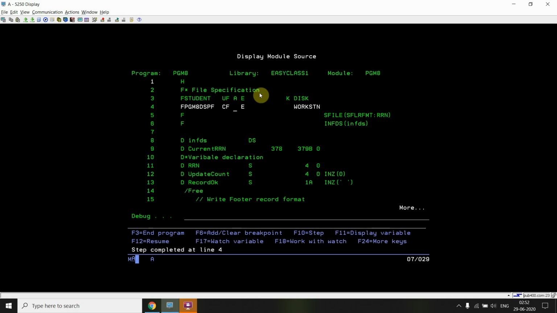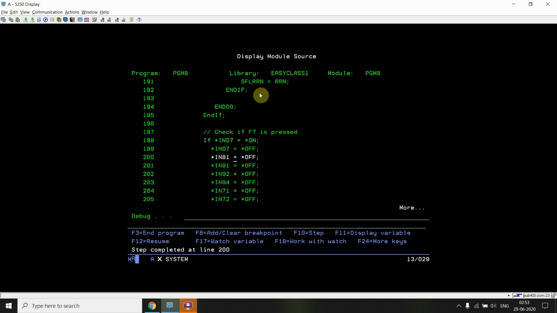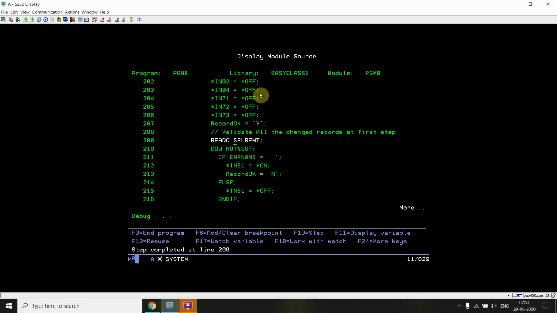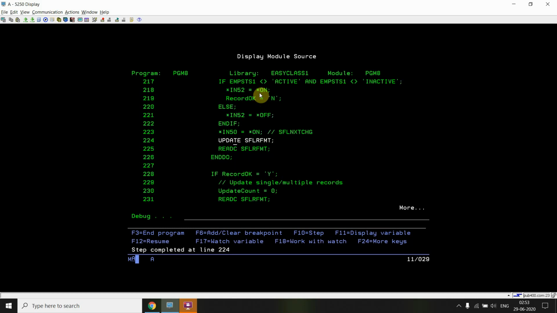I'm pressing F7. First thing I'm doing is reading the change records, so I am reading the first change record. Now I'm setting indicator 51 and 52 as off, and you can see that 50 is set to on. 50 is the indicator associated with the SFLNXTCHG keyword.